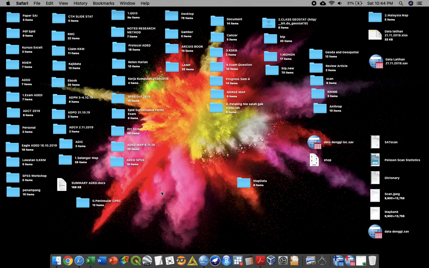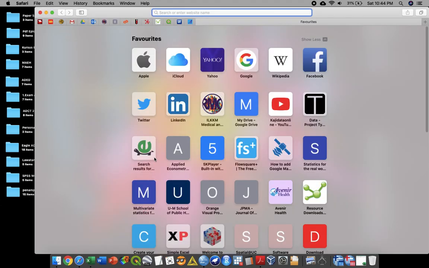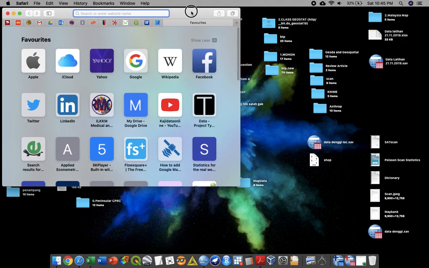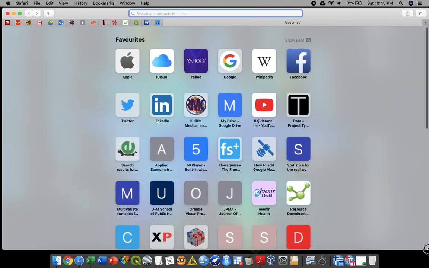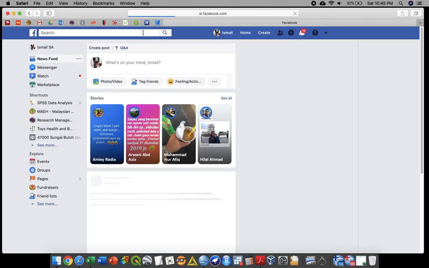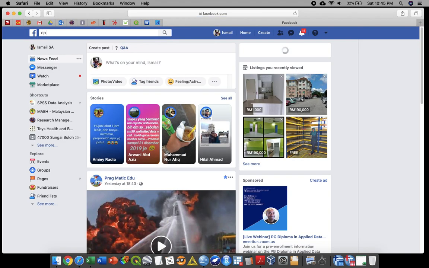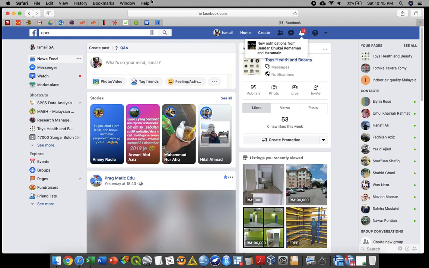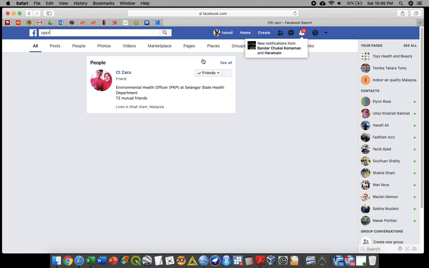Today I'm going to discuss and give you some examples about the applications of geospatial analysis, preferably in our discussion about whatever data is available in our country. So first of all, we go to Facebook. One of the sites that's very important in our discussion today is actually this one,